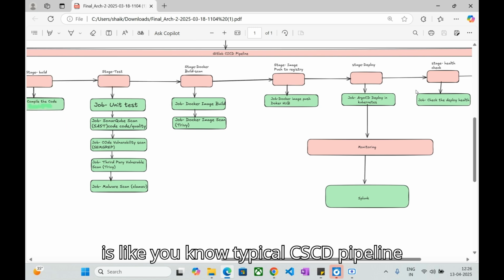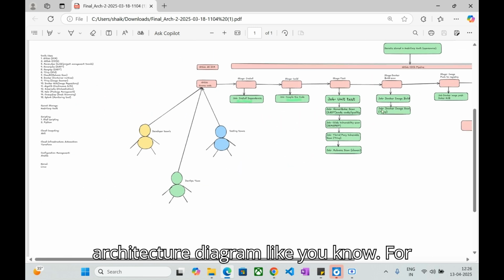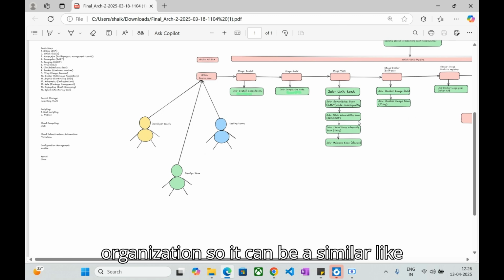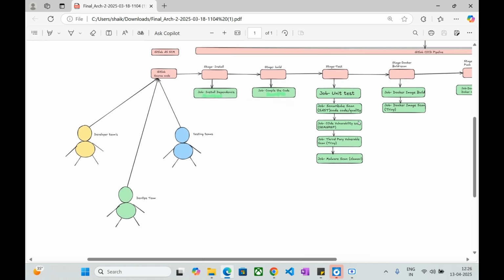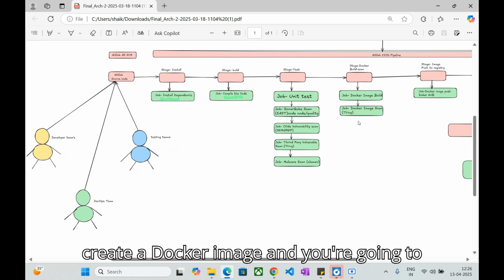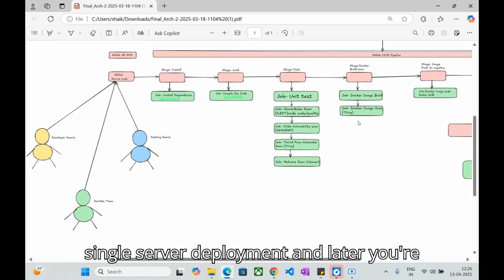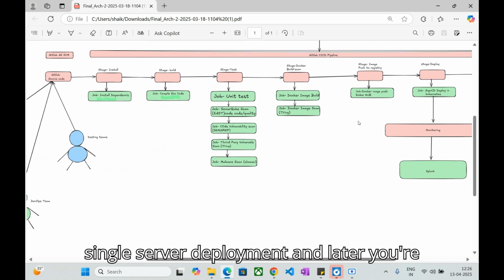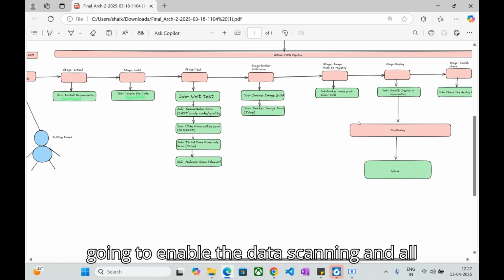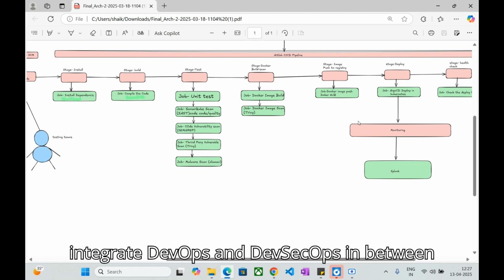So this is a typical CI/CD pipeline architectural diagram for any organization. If you take any organization, you are going to build your application, test it, create a Docker image, and deploy it into a Kubernetes deployment or a single server deployment, and later you're going to enable the dynamic scanning and all. This is how you can integrate DevOps and DevSecOps